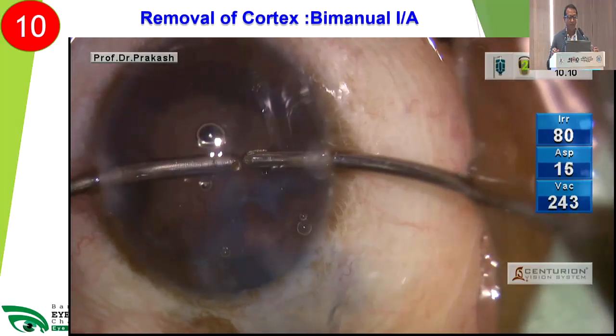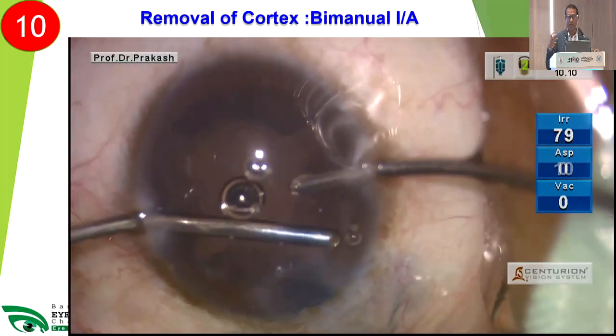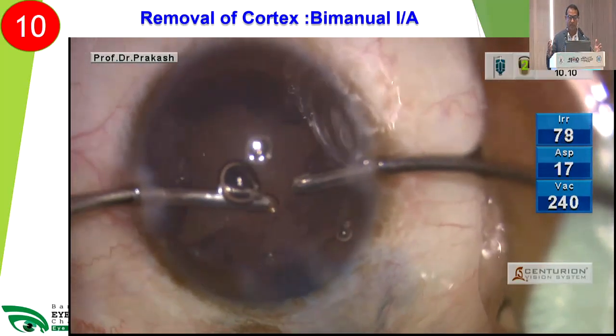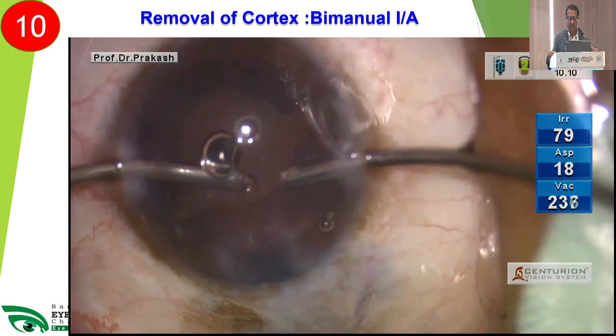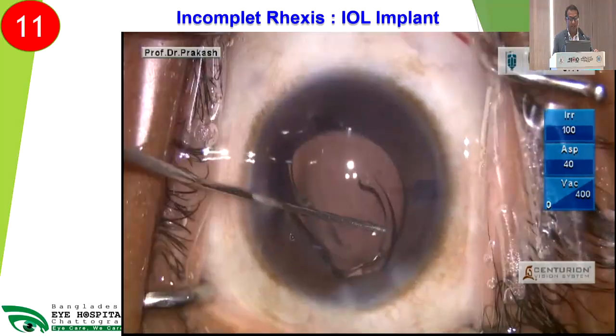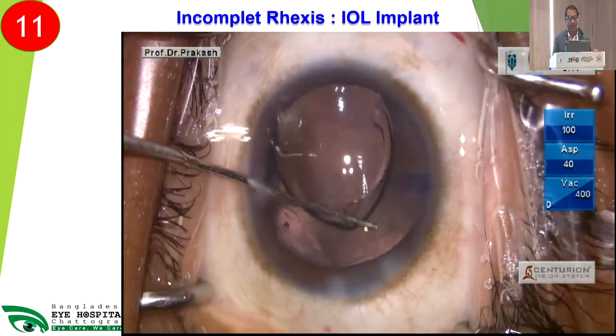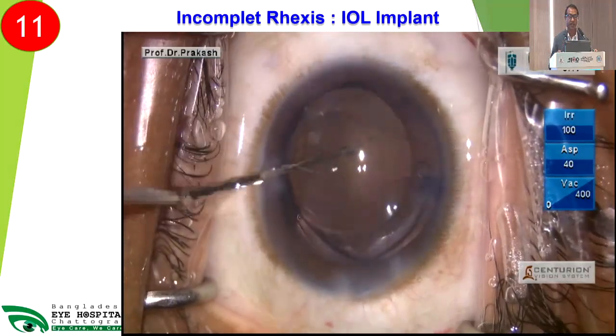Bimanual IA is a better option than coaxial IA, and it is wise to aspirate the cortex first away from the rhexis tear in a tangential manner, then around the rhexis tear. Because in bimanual IA, irrigation and aspiration are separate, so it gradually maintains the chamber stability. And single-piece foldable IOLs can be implanted into the bag, but the haptics should be oriented perpendicular to